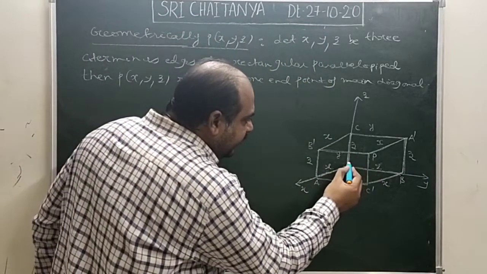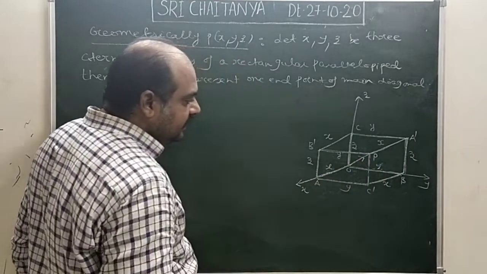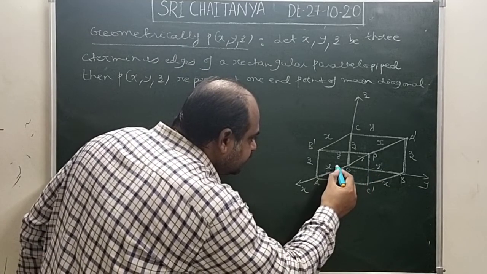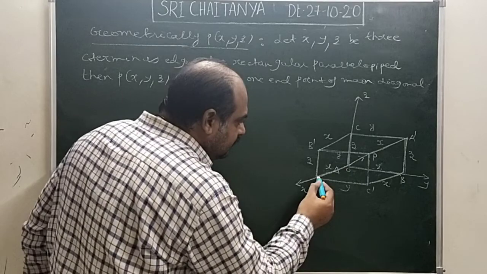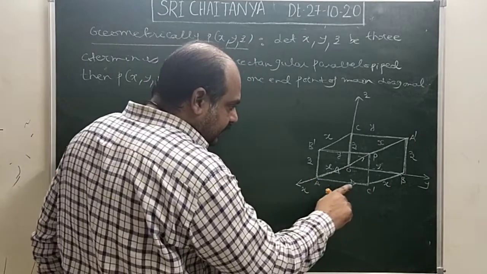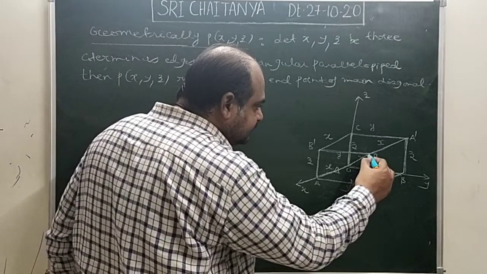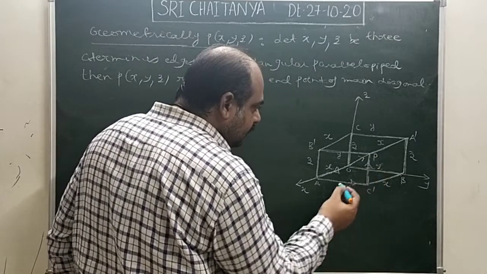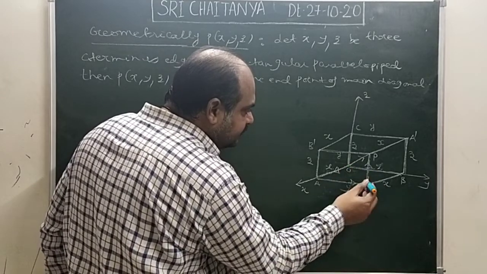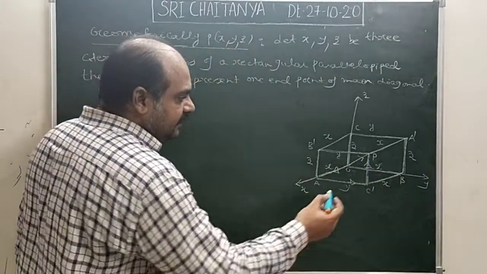Now OP is one main diagonal. Now let us calculate what is OP. Look at OP is such that from O towards A one displacement. Then from A, parallel to the y-axis, one displacement. Then it came to C dash. And then it moved towards the positive z-axis, this one displacement. That means like this one displacement, and parallel to the z-axis means let us say it came this way, that I have represented here.